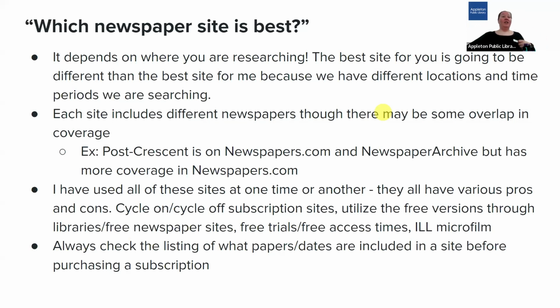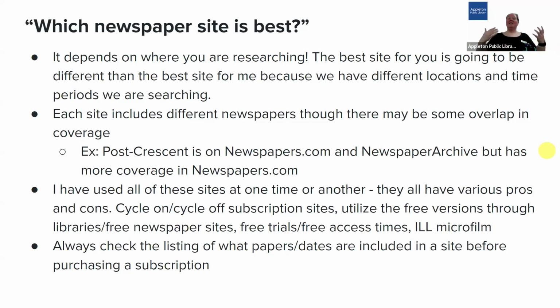So like I showed earlier, Genealogy Bank has 90%, 95% of their collections just available on that site. So if you're searching for a Milwaukee newspaper, I know it's on Genealogy Bank. Well, I might not need a Milwaukee newspaper. I might need newspapers.com. That might be a better site for me. So unfortunately, each site includes different newspapers. There might be some overlap in coverage. But depending on what location and time period you need to be researching and where that newspaper is accessible, it's going to be the best site for you, or you might need to use a combination of all of them at certain times. I've kind of used all of these sites at one time or another